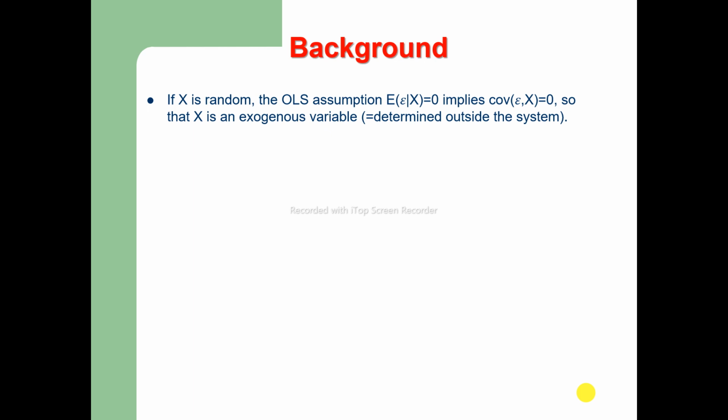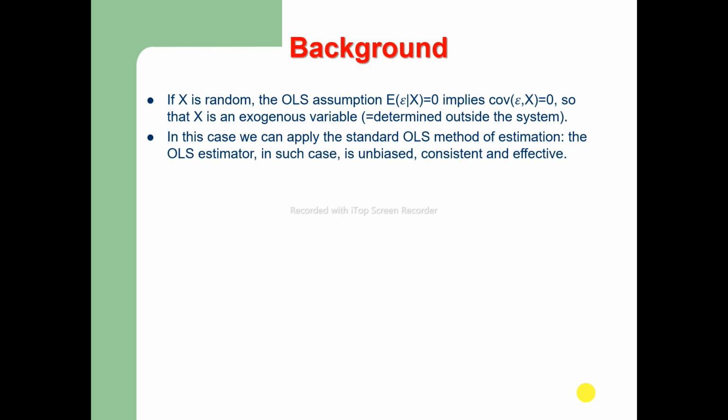One of the assumptions of the ordinary least square technique is that the expected value of the error term given x is equal to 0. And in this case, it implies that the covariance of epsilon, that is the error term, and the x variable is 0. So if this covariance is 0, then x is an exogenous variable, that is, it is determined outside the system or outside the model. In this case, we can apply the standard OLS method for estimation, and the OLS estimator in this case is